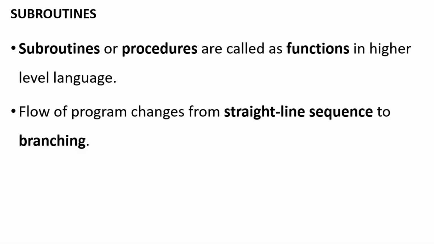What happens is when a subroutine is executed, the straight line execution sequence of the processor is disturbed. So branching happens whenever a function calls another subroutine, the program has to move its control to that subroutine, execute the subroutine and return back to the function which called the subroutine. So here branching is the main concept that gets executed when subroutines are executing.